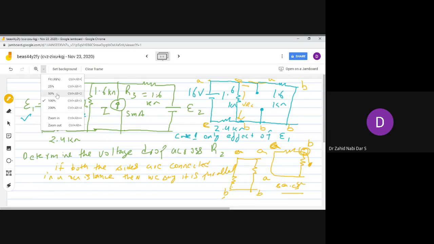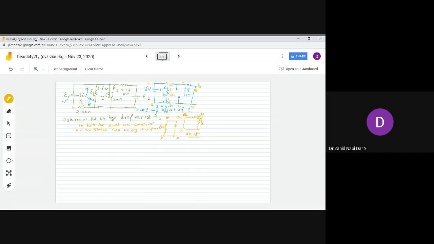So I'll reduce the slide size. So you can see 1.6 and 1.6 are in parallel combination. So you can redraw this network. This is 16 volt and 1.6, 1.6. See any network like who has the same resistance and is connected in parallel, so divide it by 2. So for example 4 ohm and 4 ohm are in parallel, so the net resistance would be 2 ohm. So you know from your basic physics. Okay, so this is your 1.6 ohm, so it would become 0.8. So now you are clear that it will become 0.8 because R2 and R3 are in parallel.